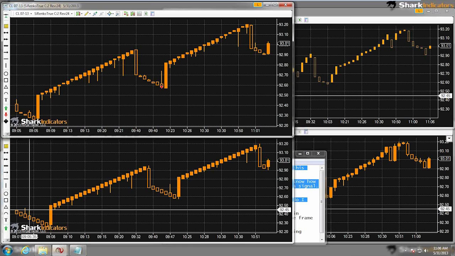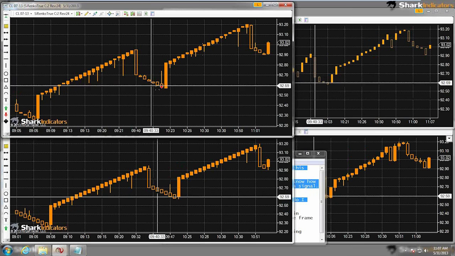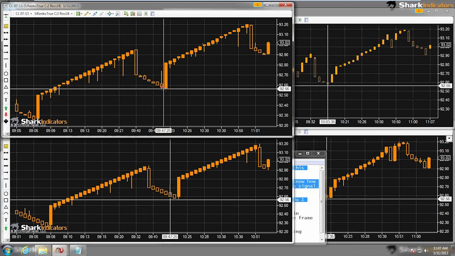Also, what slot does it occupy? All right, so Al is definitely probably a programmer, knows a little bit about building his bar types. And yeah, it's a good point, Al. I'll put that up on the website too, but if I remember correctly, the Renko, I believe, occupies custom 8